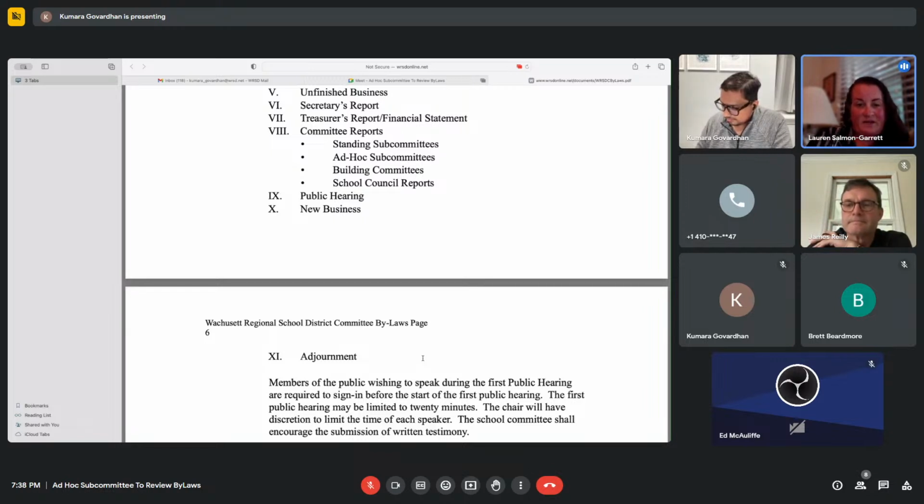Like cutting that sentence down to public hearing may be limited to 20 minutes, and leaving the chair will have discretion to limit the time of each speaker. But I don't know.